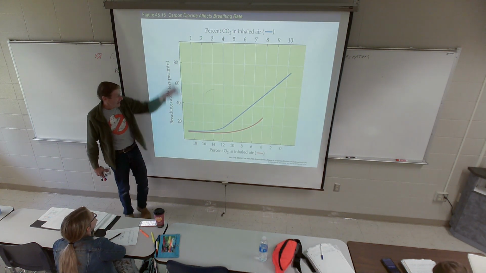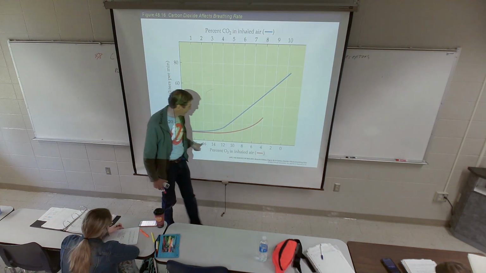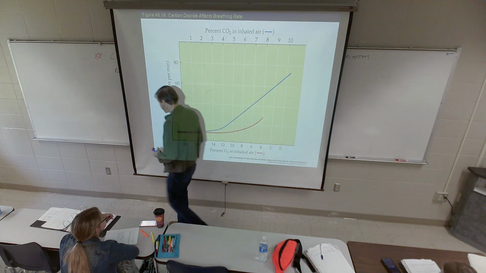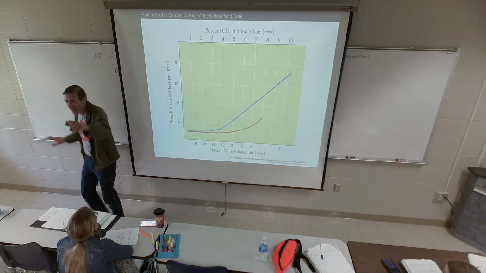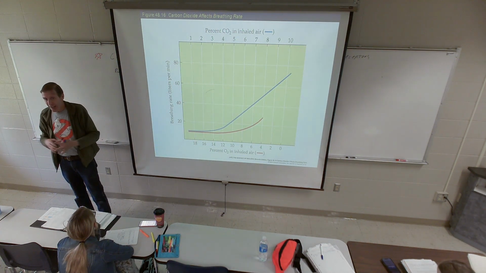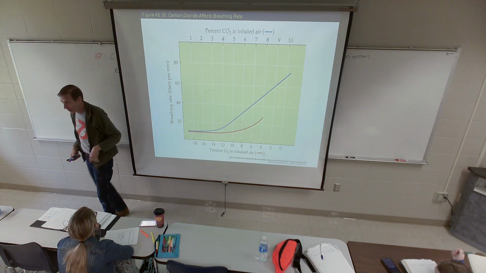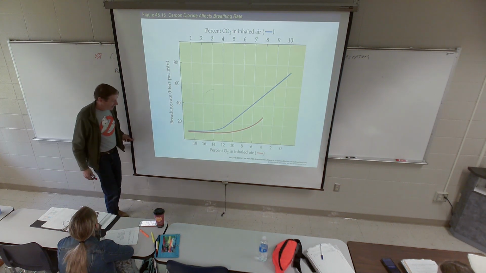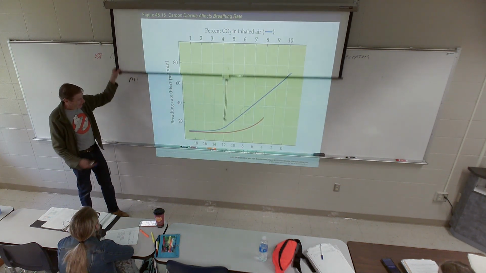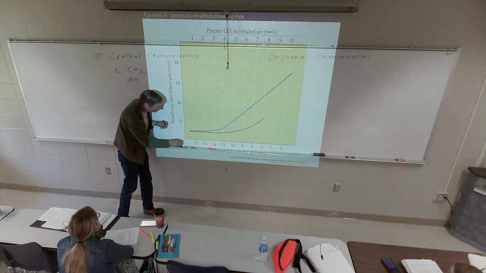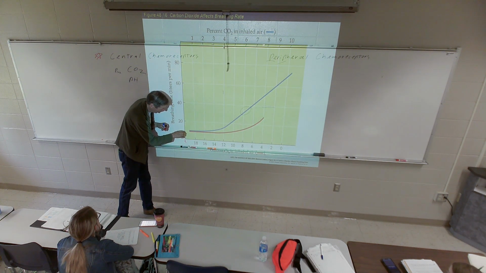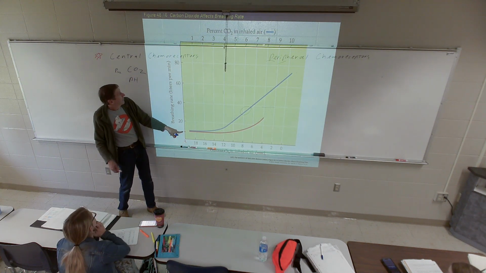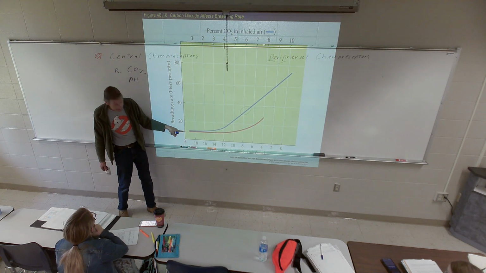Now, you've got two different x-axes. We'll look down here first. This is percent O2, and we're looking at the red line. Let's say I seal this room so it's airtight, I go outside and look in the window, and I change the gas you're breathing. Right now, we're breathing air that is 21% oxygen. This is your breathing rate right here, maybe 15 liters per minute, maybe a little less.